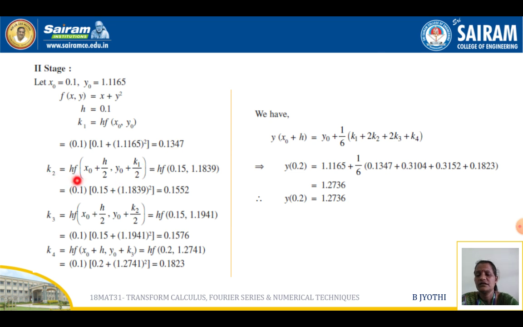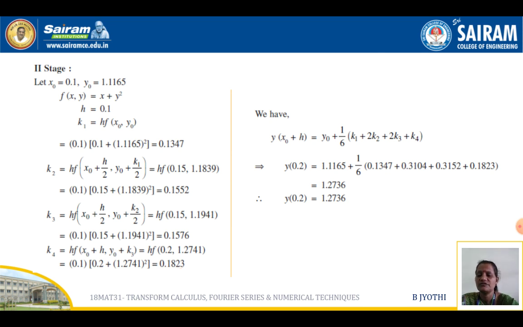K2 is computed by using the formula where x naught plus h by 2 and y naught plus k1 by 2 is obtained as 0.15 and 1.1839. Then we get 0.1552 as the K2 value, and K3 is computed by using this formula, so that we get h into f of 0.15 and 1.1941, that gives us 0.1576, and the K4 is computed by using this formula, which gives us